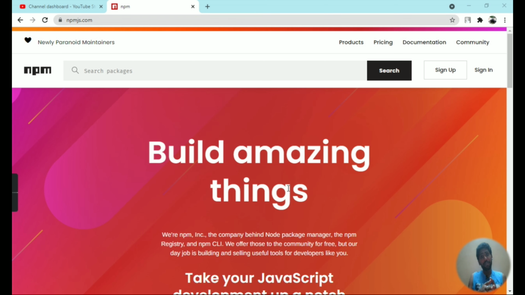So what's NPM? If you ask someone what's NPM, they'll say it's a node package manager. But what does it really mean? What does node package manager do, and how does it help the Node.js application become more popular? So NPM is a public repository where we can store our own custom modules and functions. Since it is open source and free, anyone across the universe can use that repository.